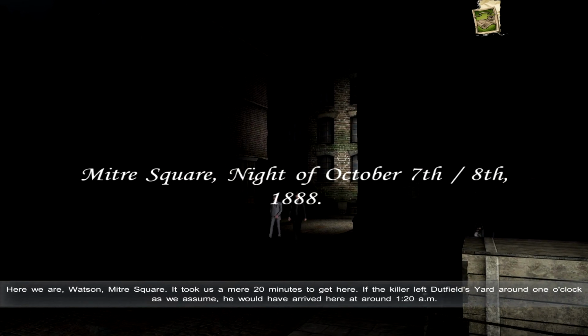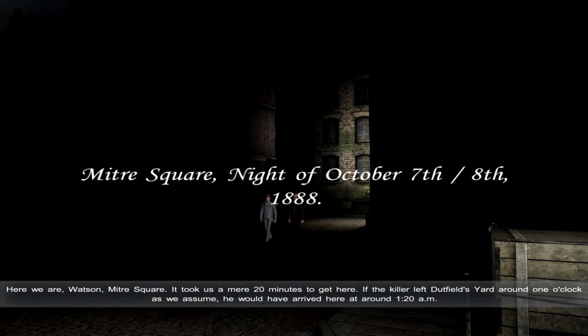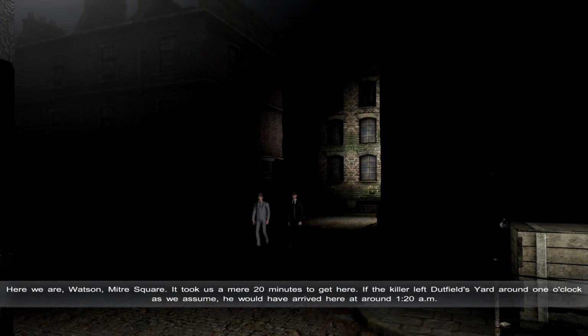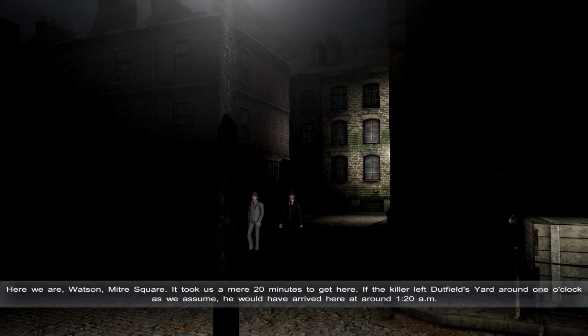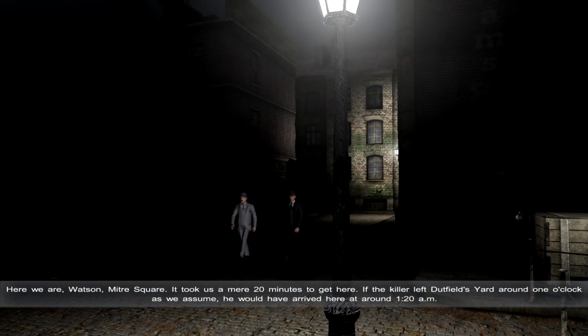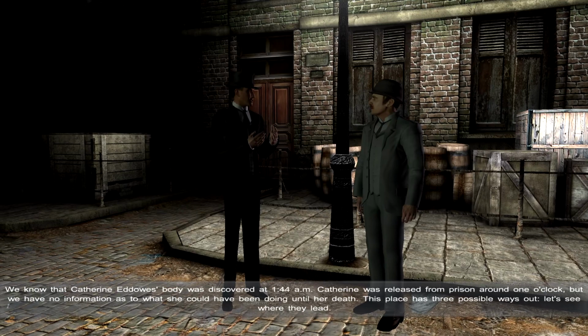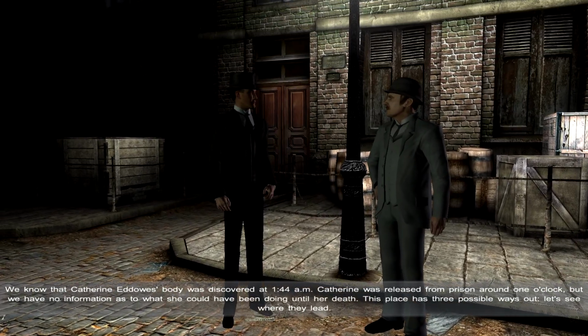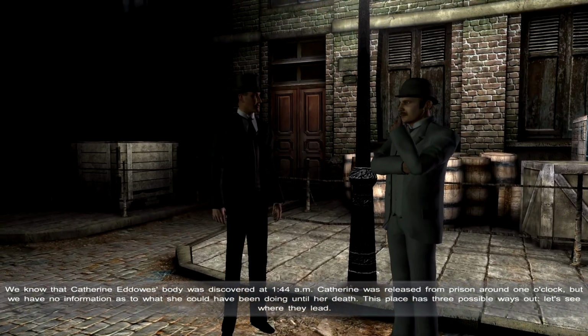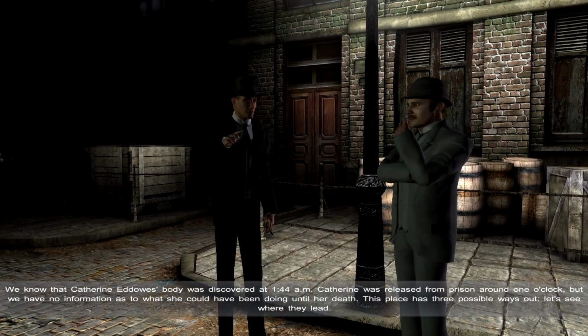Here we are, Watson, Mitre Square. It took us a mere 20 minutes to get here. If the killer left Dutfield's yard around 1 o'clock, as we assume, he would have arrived here at around 1:20 a.m. We know that Catherine Eddowes' body was discovered at 1:44 a.m. Catherine was released from prison around 1 o'clock, but we have no information as to what she could have been